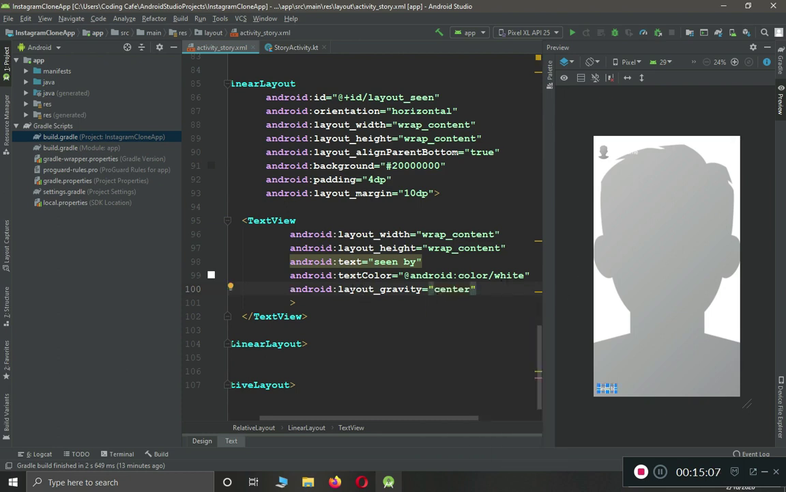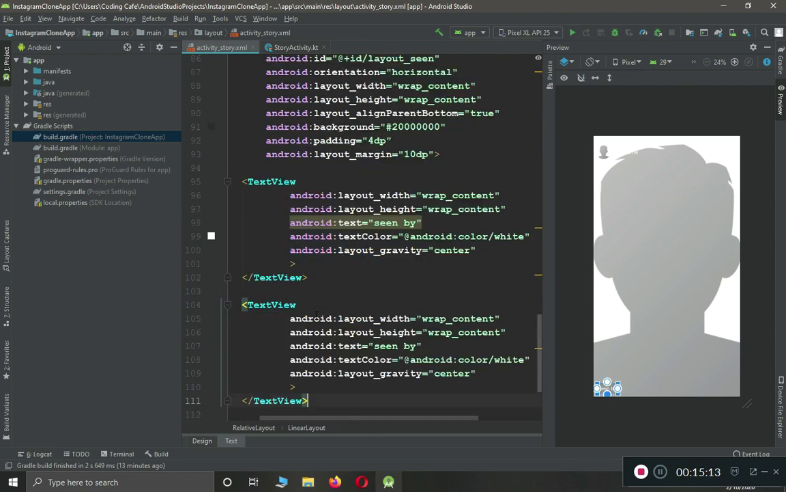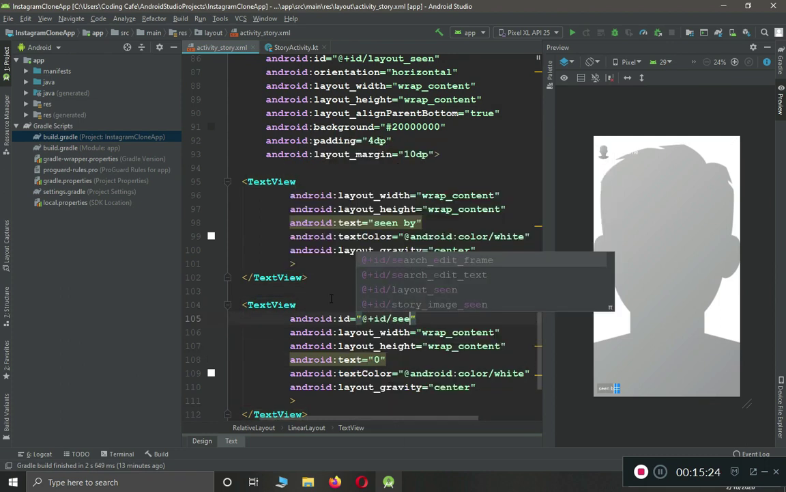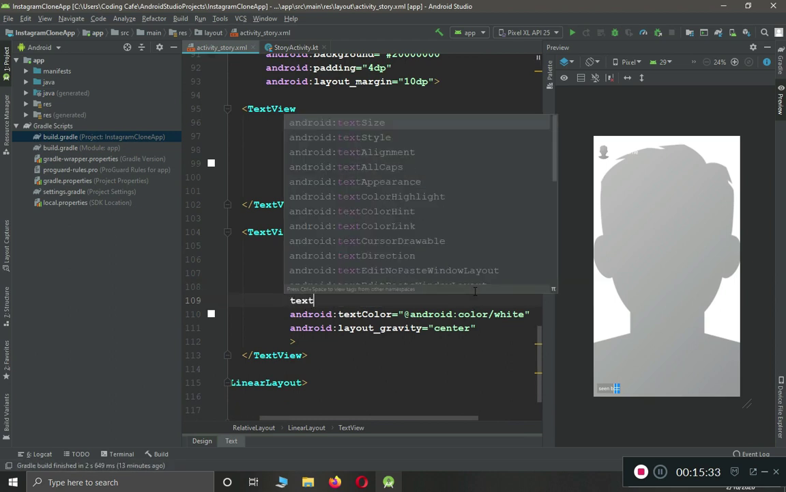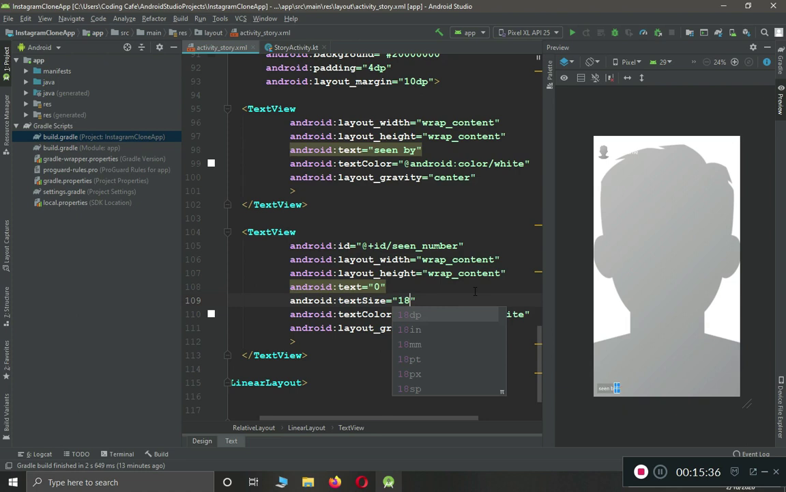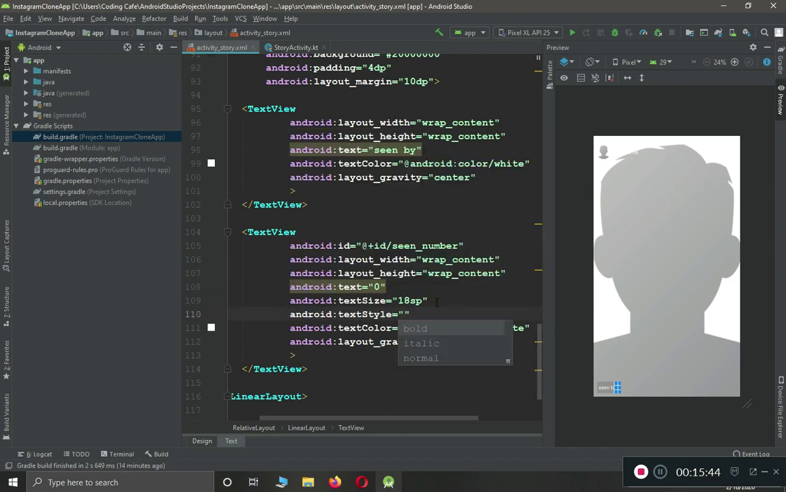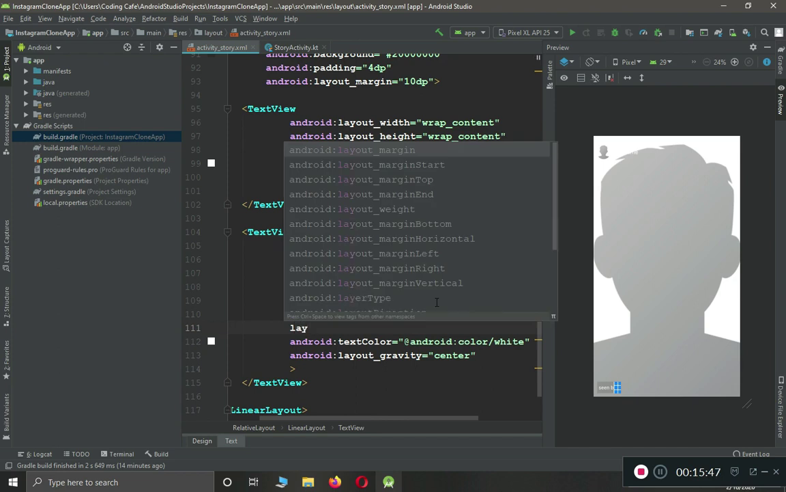And after this we need to add another text view which will display the total number of scenes. Okay, we will add it just after that. So "Scene by 0", and let's give an id to it. The id for this one will be scene_number, and then the text size 18 sp, text type will be bold, and the layout gravity will be